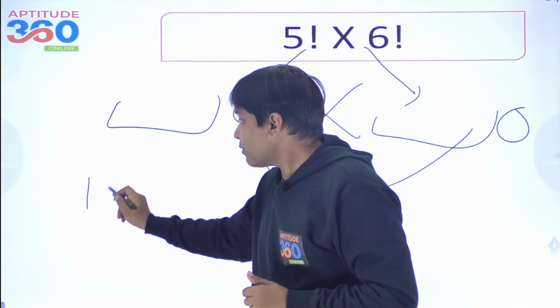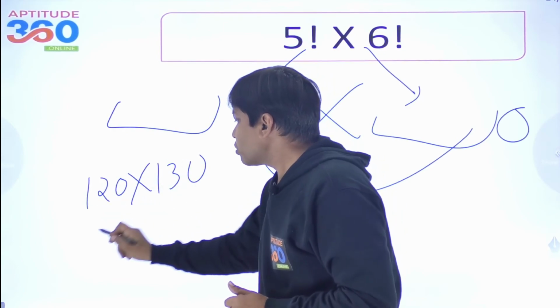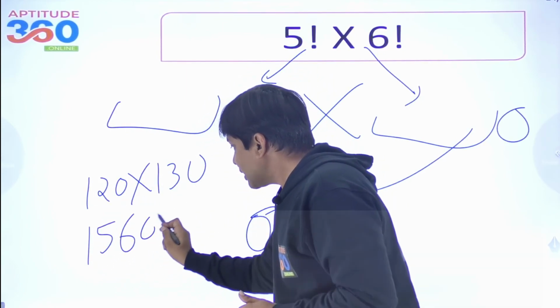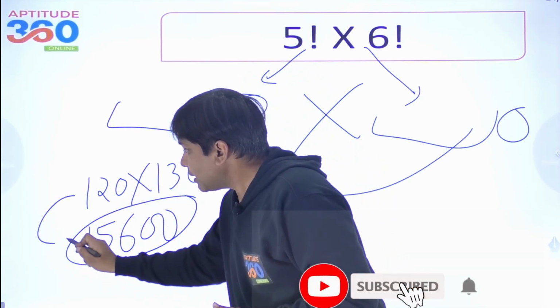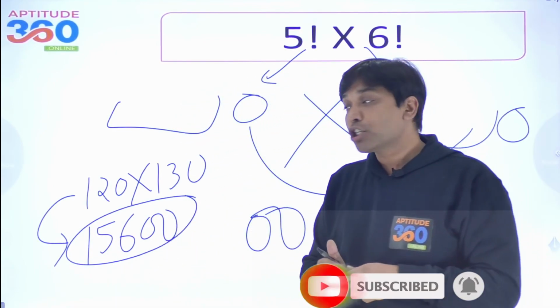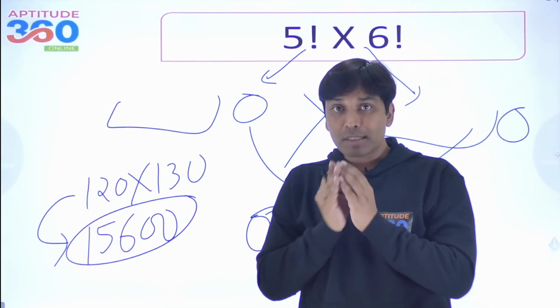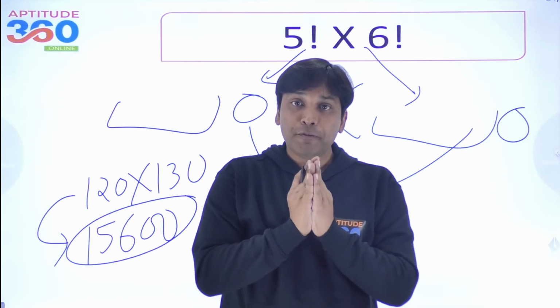Similarly, the way I was doing 120 into 130, if you multiply 120 into 130, 12 into 13 is 156 और ये आंसर होगा उसका। यहाँ पे 2 जीरो दिखने चाहिए।